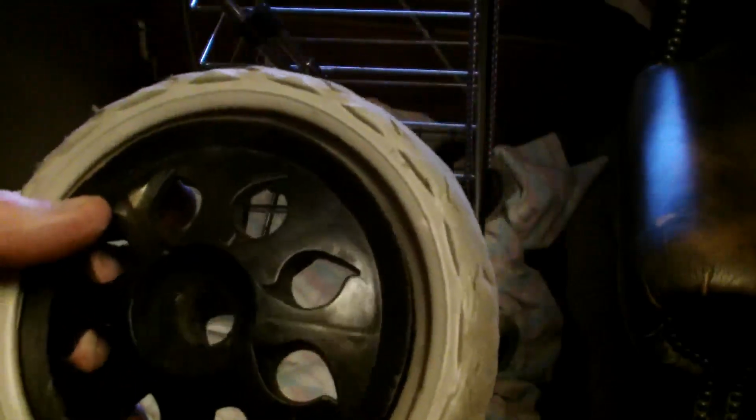Now what was happening was the wheel was coming off completely, the tyre was coming off completely, and as you can see with this one that's been on for a while, the tyre actually expands, I think, from being under compression when it's under load. I mean, these are okay, and I've had no trouble with the front wheels, but you could do as I've done here,